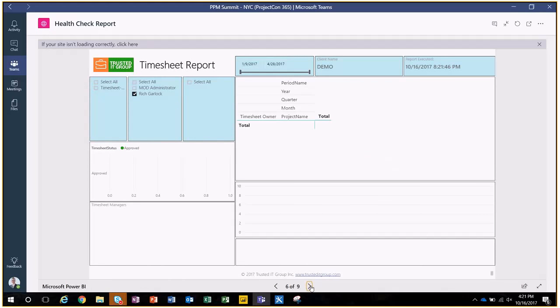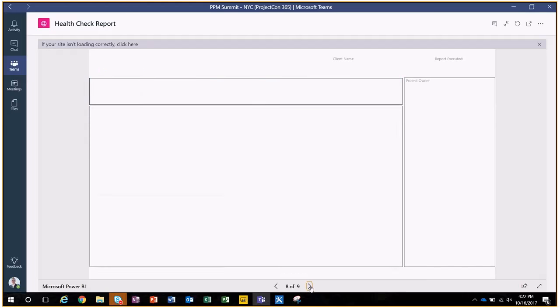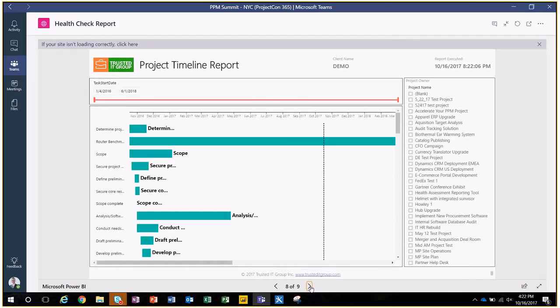Timesheet report: demo environment, no one's filling out time. If this was your organization and your culture decides that they want to fill out time, you'd be able to see the timesheet report right on here. Same thing, the resource utilization report for the last 30 and the next 90 days, kind of a little forecasting tool. Project timeline, giving you an idea, almost like